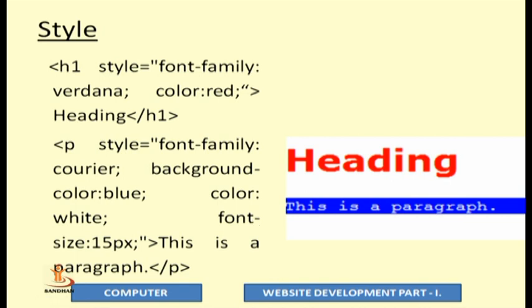That means I want to specify font size. So here I have specified font size 15 pixel and my content is, this is a paragraph. So you can see both of the lines are showing with different format, and that is possible through the style attribute. When you apply the style attribute, you can set any kind of formatting with a different background, different font color, different font style and different font size.